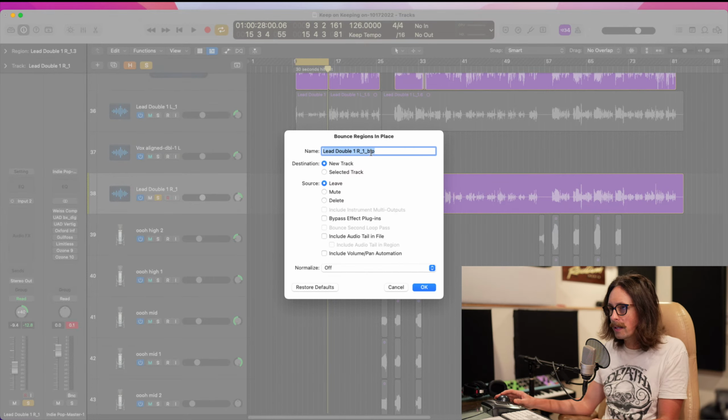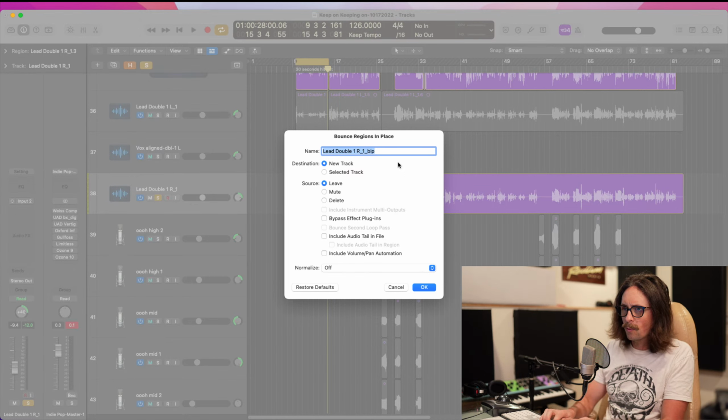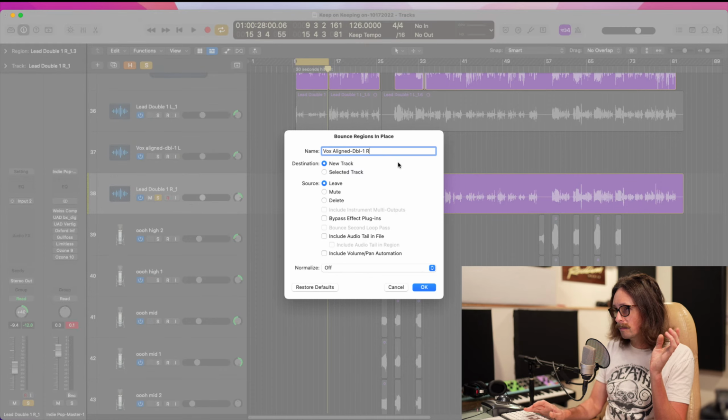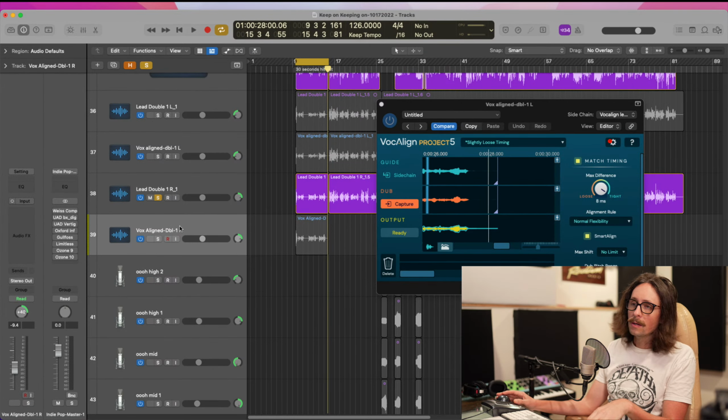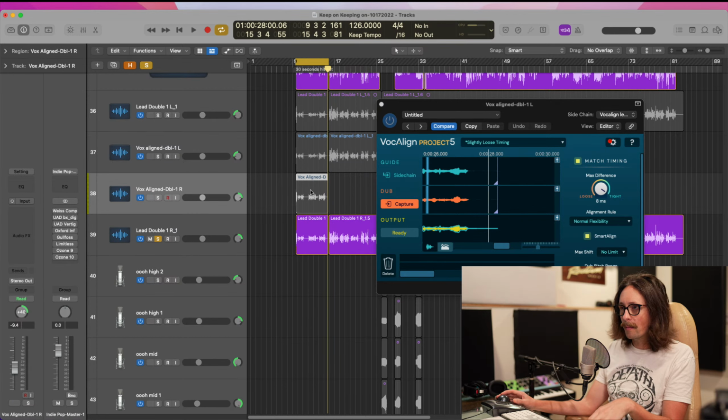All right, so let's lead double R1, bounce in place. Cool. Let's say vocal line, right? Vox aligned. And always really make sure that you label your stuff. All right, so that's what you got. You got an aligned vocal double. Okay, so now just to show you guys what the outcome of that is,